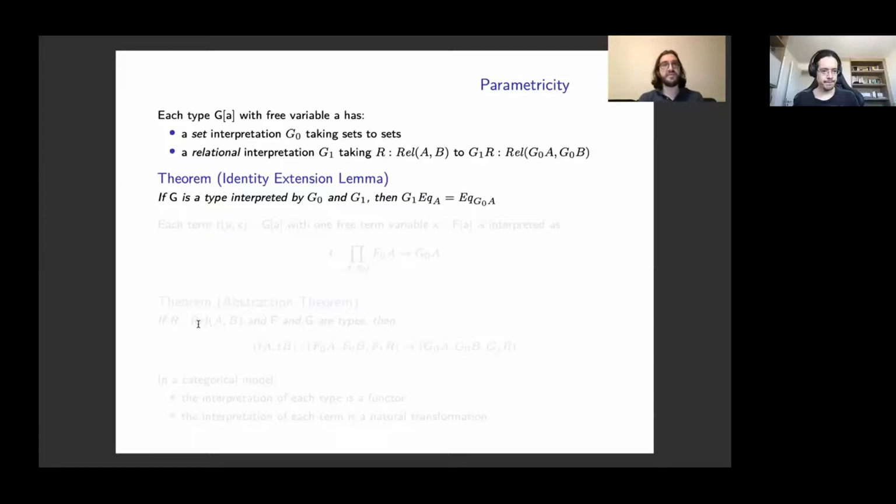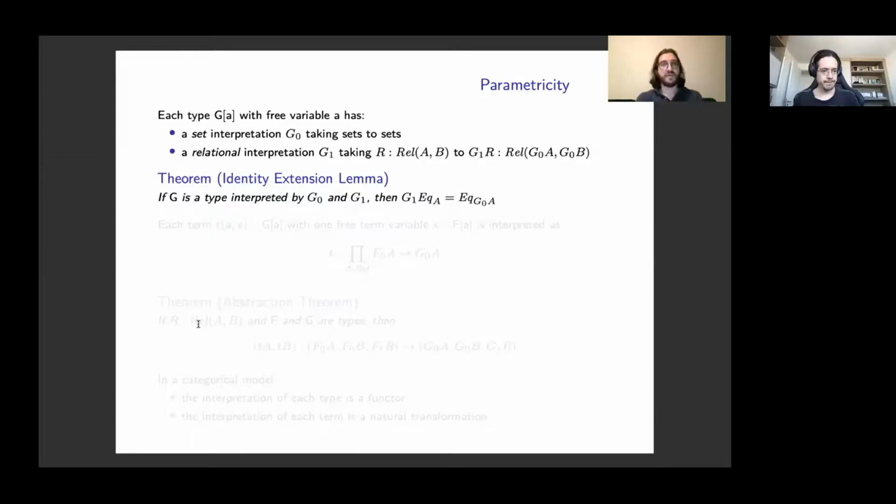The set and relational interpretations have to be such that the relational interpretation is over the set interpretation, in the sense that the domain and codomain of the relational interpretation are given by the set interpretation.